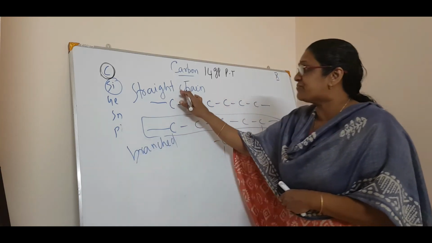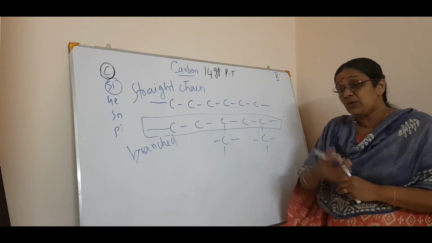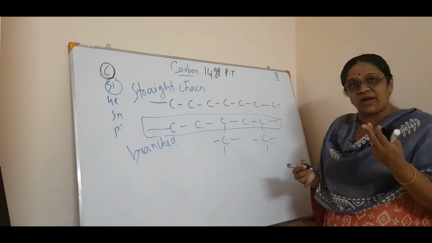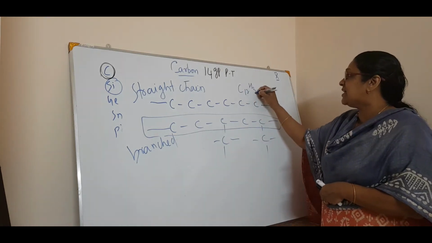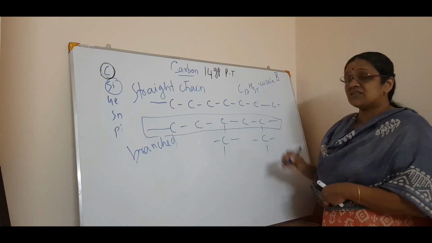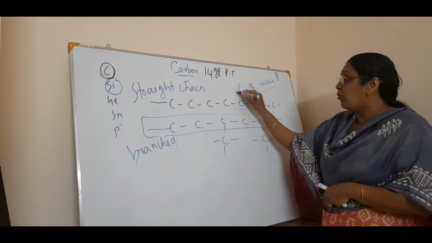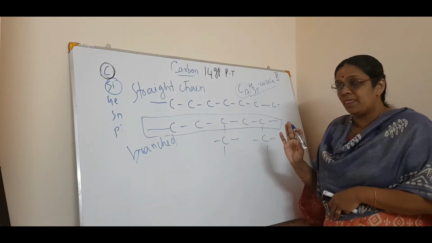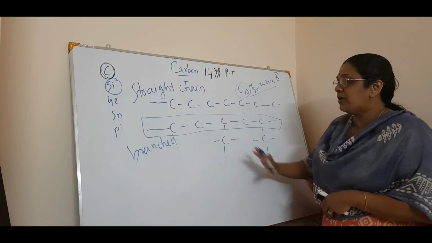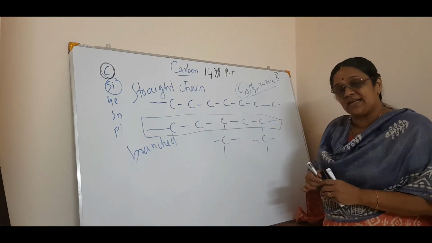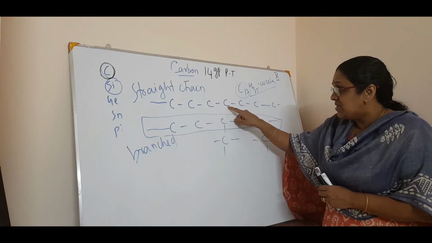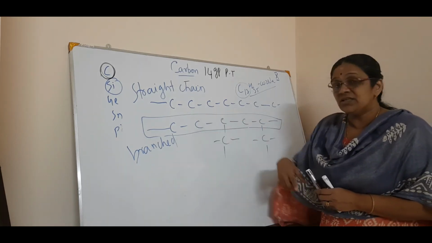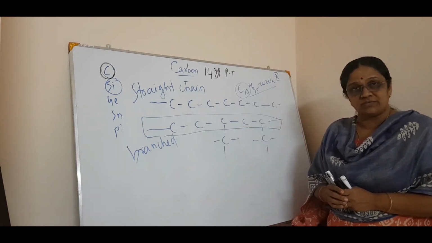So there can be a straight chain compound. See the versatile nature: it can form straight chain compounds up to 50 carbons or so. You know soap, right? It is C17H35COONa, sodium stearate. How many carbon atoms? 17 carbon atoms at a stretch. Just an example. So this is a straight chain compound, and if there is branching in it, you will study in detail in higher classes. If there is a branch here, this is called a branched chain compound.